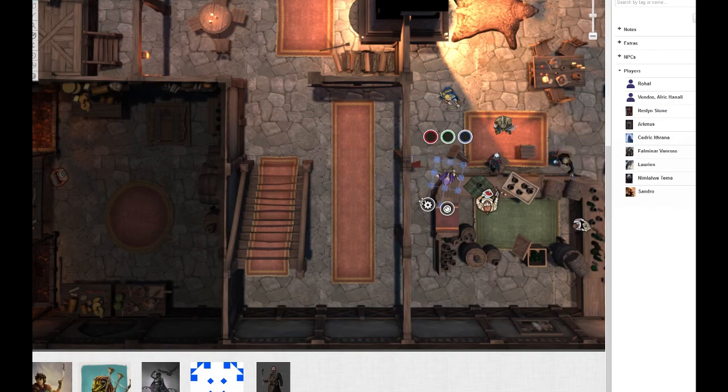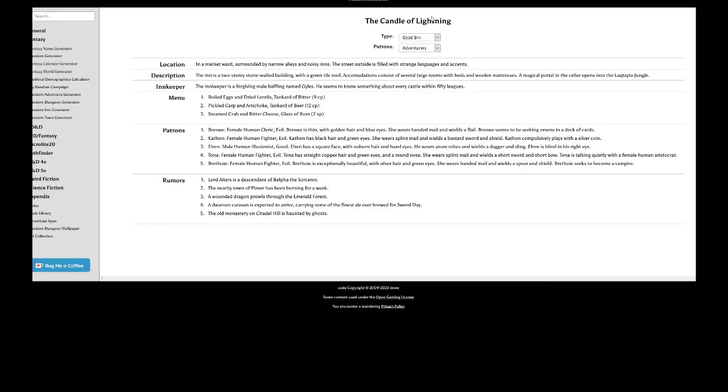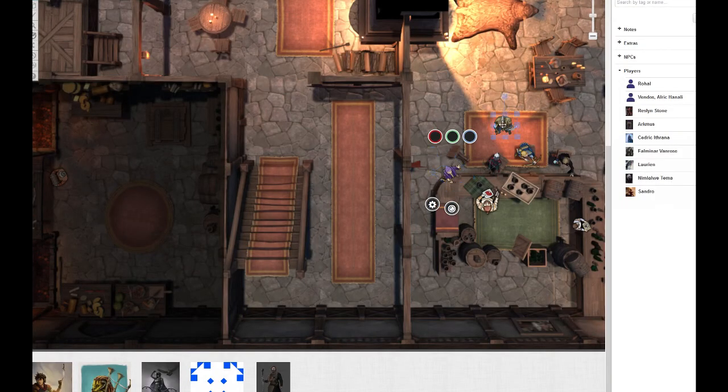You all choose the meal of your choice, which is either the boiled eggs and dried lentils with a tankard of bitter, a pickled carp and artichoke with a tankard of the house ale, or the steamed crab and bitter cheese with a glass of rum. Oh, I'm so having crab. I'm having the freaking crab. Well, did you say lentils? But crab. The other one was...